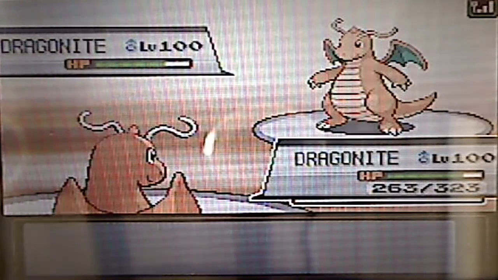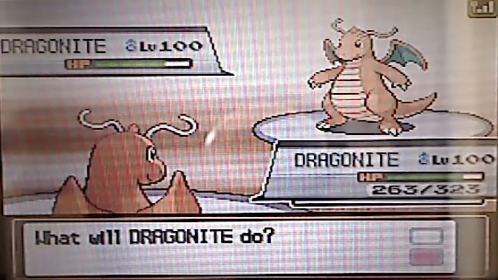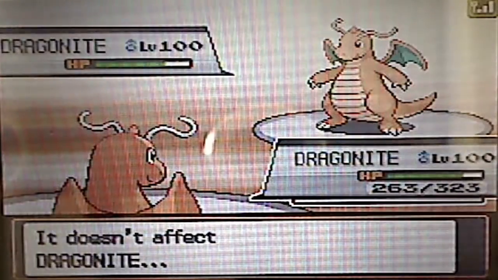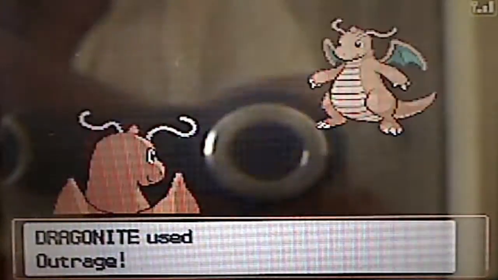He could double switch to bait the Outrage if his last is a Steel type, but I decided to just get ballsy here and just set up in his face. He probably thinks I'm Dragon Dance, but I'm not. I am actually an Agility Dragonite. So